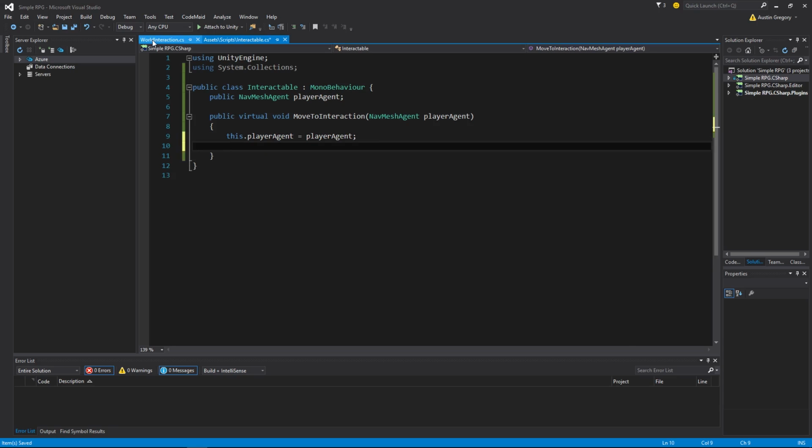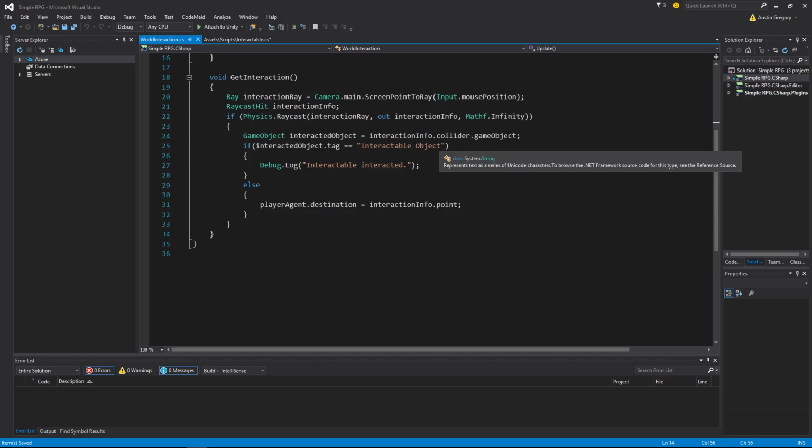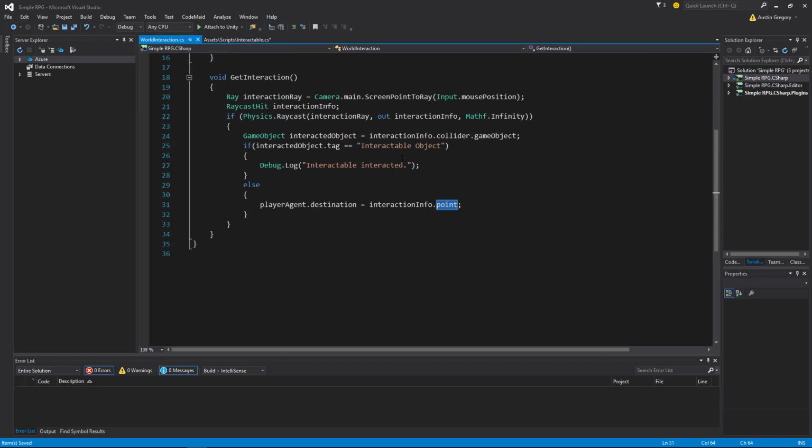So you notice that in world interaction, when we click on an interactable object, we're not moving to the object, we're not doing anything, but if we don't click on an interactable object, we're moving to the point that we clicked on. But we also want to move to the interactable object if we click on an interactable object. So what I will do is inside of this condition, I want to grab the interacted object that we clicked on,